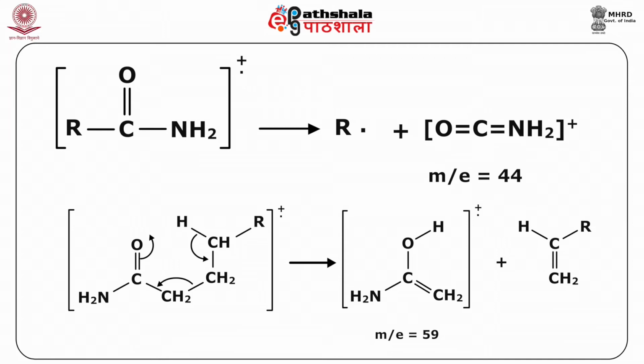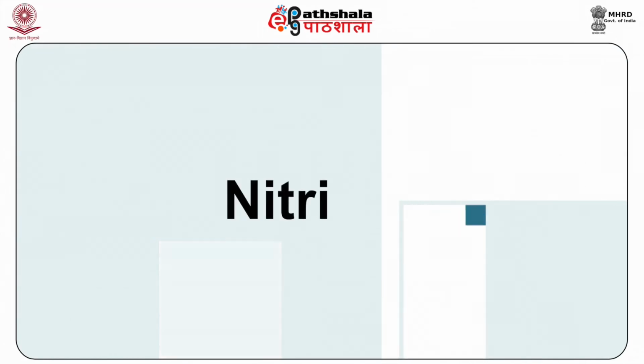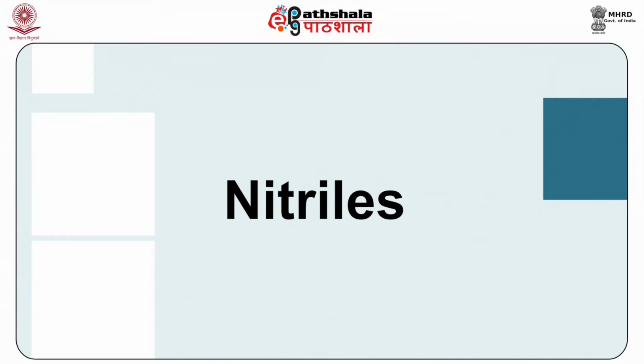Now here we have shown you some reactions where it is clearly visible how beta cleavage takes place and how an m/z value of 44 appears. If gamma hydrogen is present, then amides obviously undergo McLafferty rearrangement. Primary amides have a peak at m/z value of 59. In the case of N-alkyl amides, analogous peaks at m/z values of 73, 87, 101, and so on often appear. Let us now move our discussion to another nitrogen containing compound class of functional groups, that is nitriles.